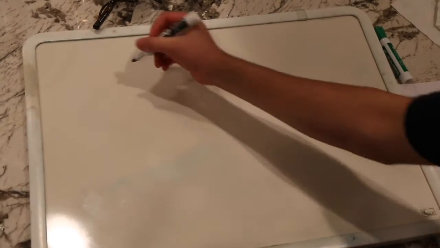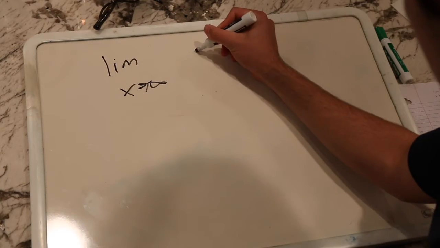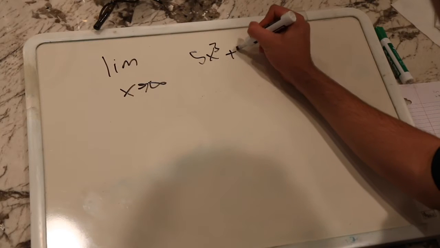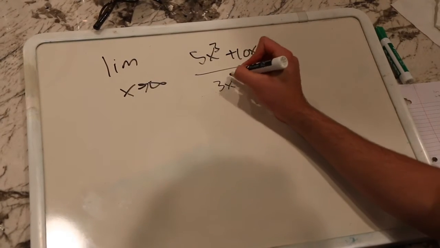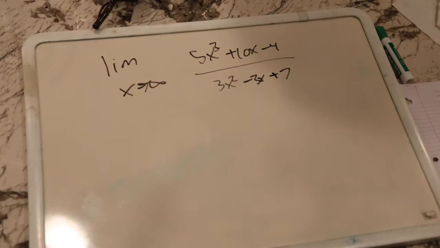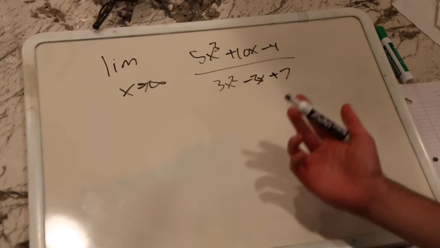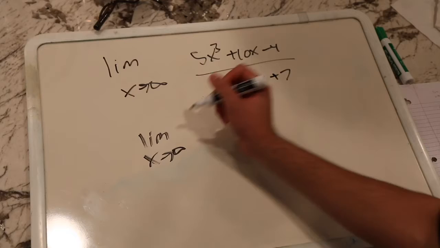So our next problem is going to be the limit as x approaches infinity of 5x cubed plus 10x minus 4 divided by 3x squared minus 3x plus 7. So we're going to do the same thing and divide by the largest degree in the denominator. So we're going to get the limit as x approaches infinity of